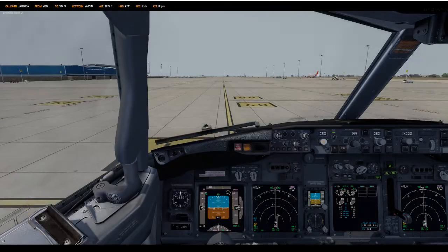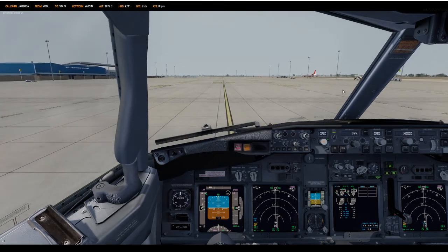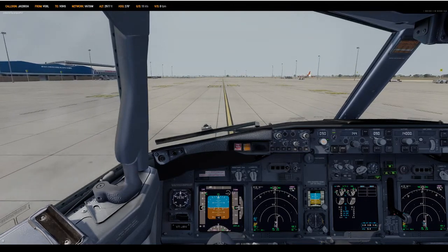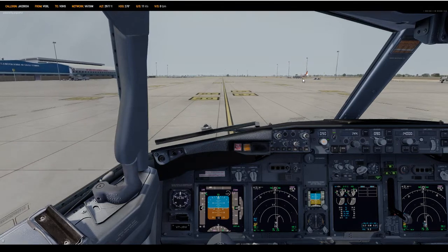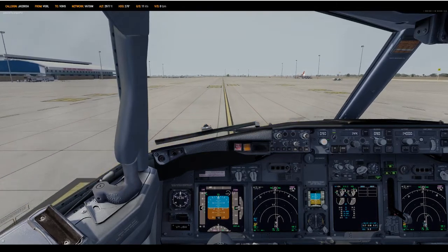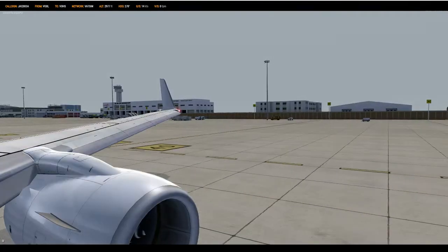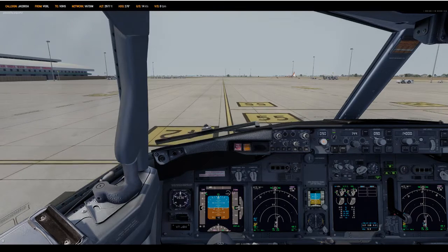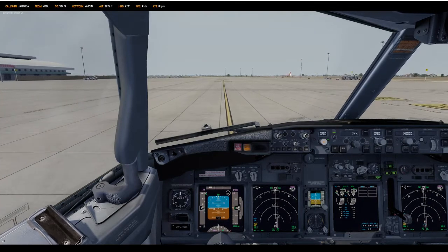Wow, oh, that's great. So many traffics are available, you can see 1, 2, 3, 4, 5 traffics. That's really nice. And we got ATC. Hopefully we'll be getting the full ATC, the VATSIM India. That's great, they are doing good, man. So it's really nice, really nice. Whenever we are flying in India, we are always getting VATSIM India. These people are doing a very good job. So that is Mr. Brown, which aircraft are you flying? Are you flying Indigo? Where is Anup? Is Anup flying Indigo or are you flying Indigo? I don't know, so many flights are there. So we are so lucky we are able to see our